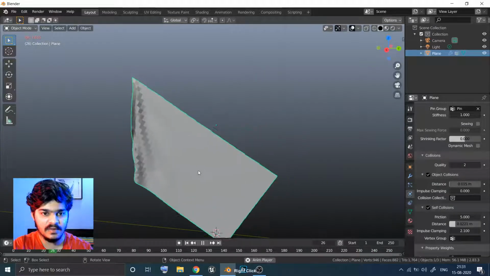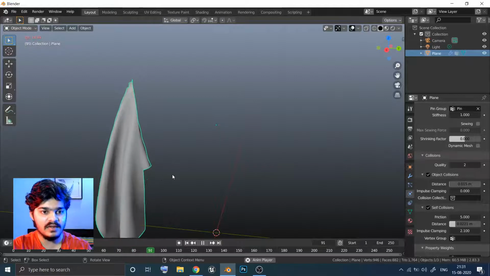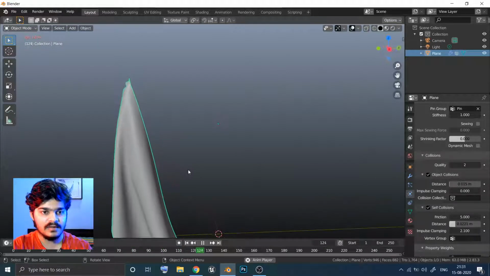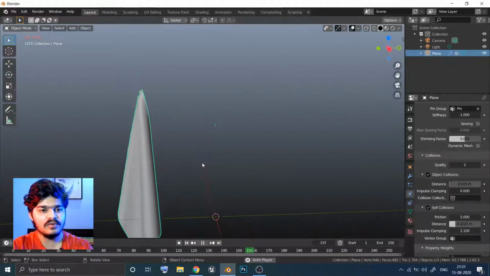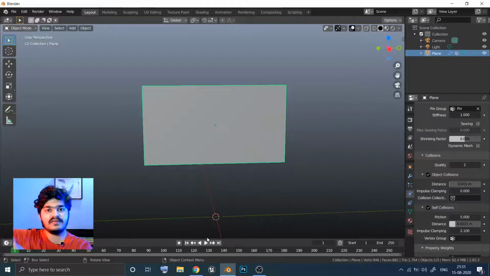Okay, that should not happen, and I think that is it. So this is how a flag should look. Let's give it smooth shading, and you can see how a flag looks. Okay, cool. This is very cool. But how about a waving flag? This is just a simple flag which is not going to wave. It is just falling down. Only the two parts are being pinned, and everything else is just falling down because of gravity.